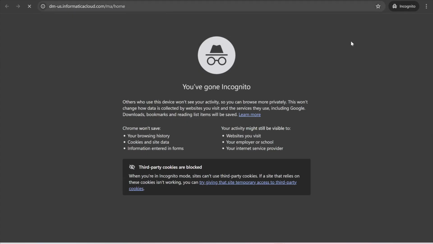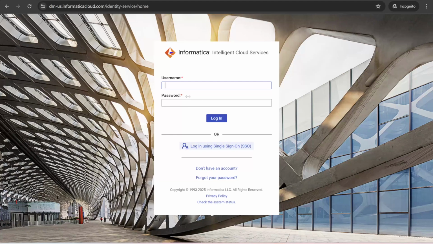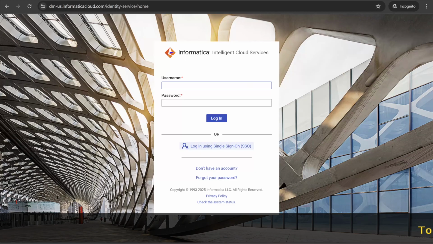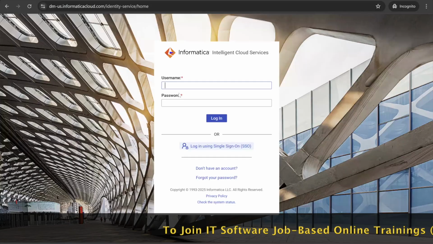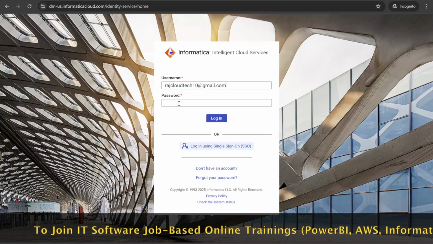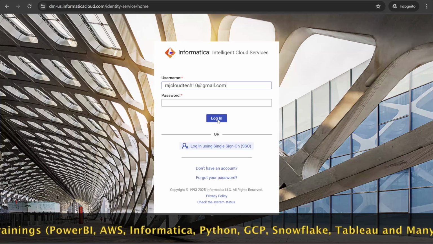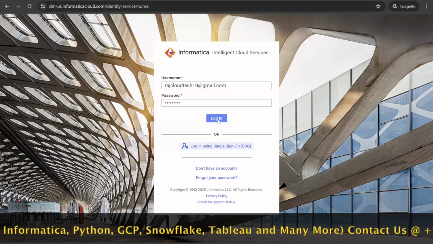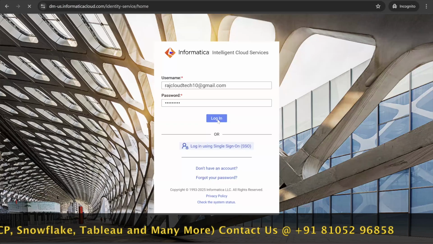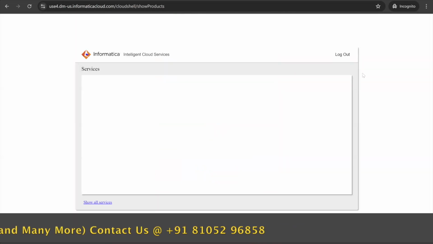So it will ask username and password. This username and password I will give to everyone, different user IDs. So the username is the Gmail ID. Password, I am giving my own password and login now. So it is logged in.